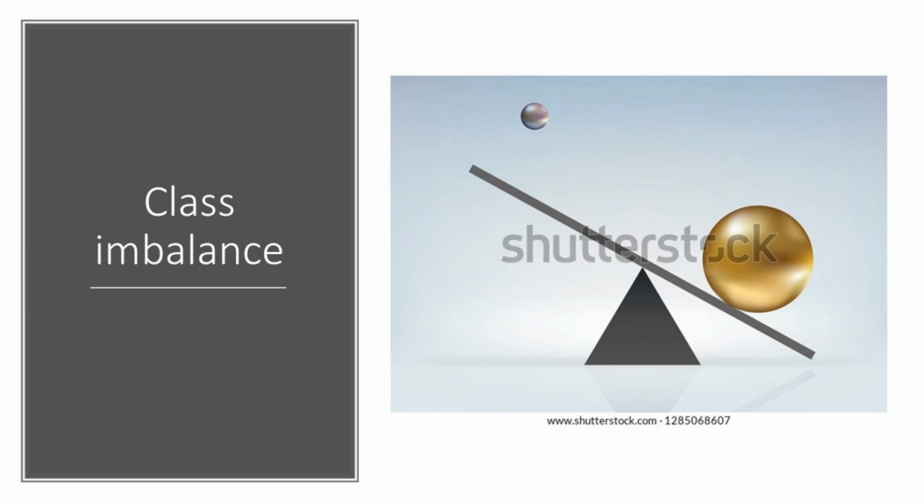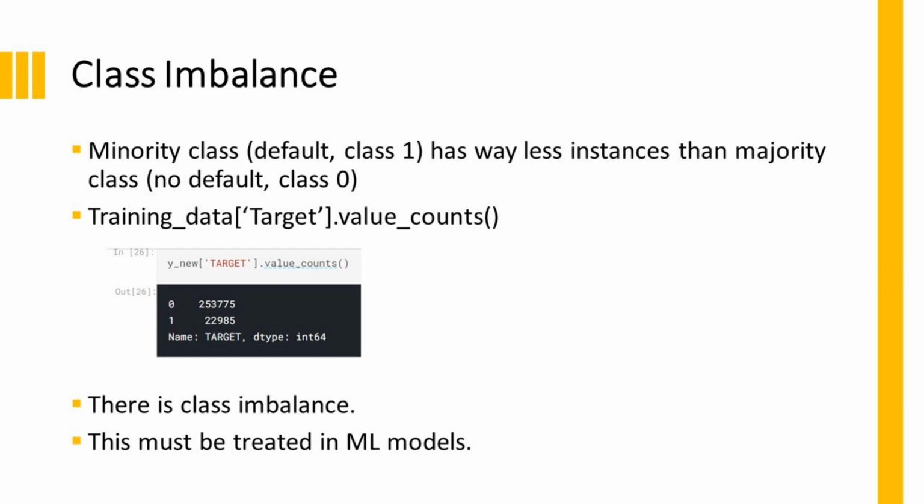What happens in data imbalance is that we are dealing with two types of classes, majority and minority. The majority class is the class which will have the maximum instances, and the minority class is the class which will have the minimum instances. Your default class will be the minority. Very few people will default, and the non-default class would be the majority class. That is, maximum people will not default, right? For example, you can see zero class is the non-default class. It has way more people than the default class, 10 times more, approximately 10 to 9. So basically, there is a lot of gap.